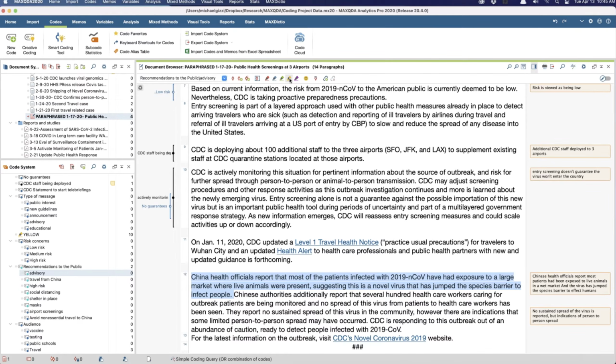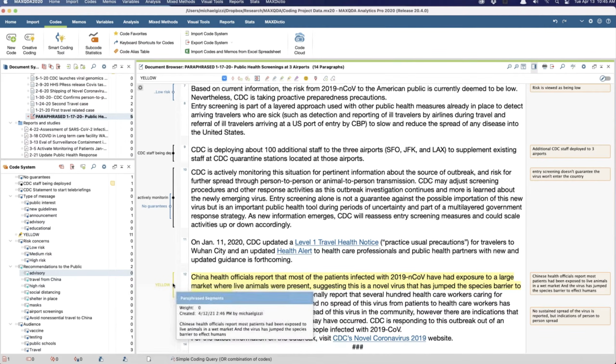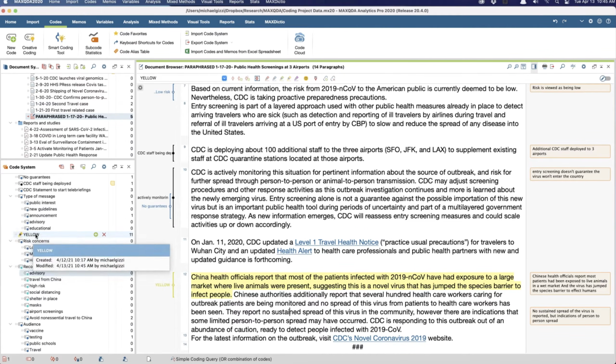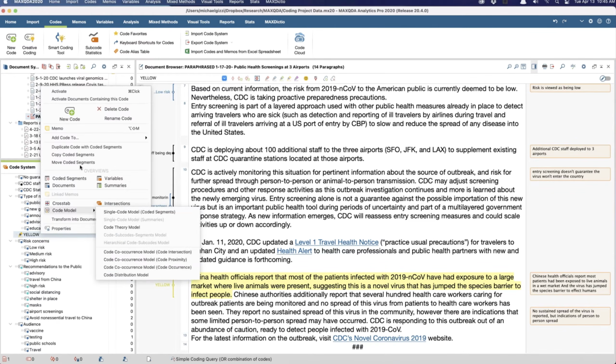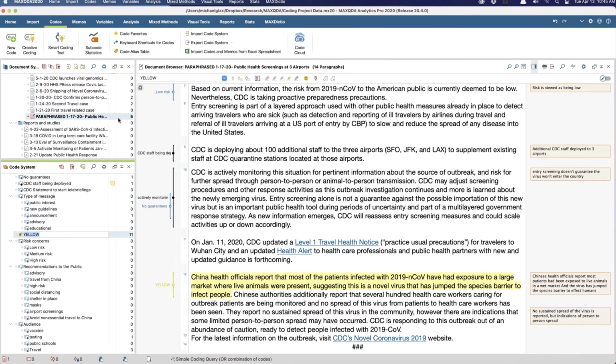So I can select highlight color yellow, because that's the classic color, right? And now this is listed as a yellow code. But I don't really care about the name yellow, so I'm going to go over to the code system, right click, and rename that code to quotables.